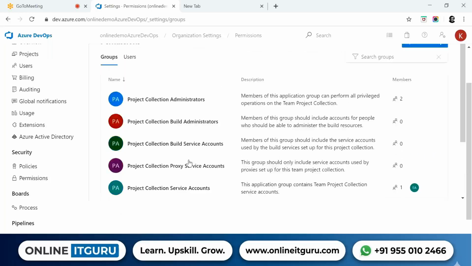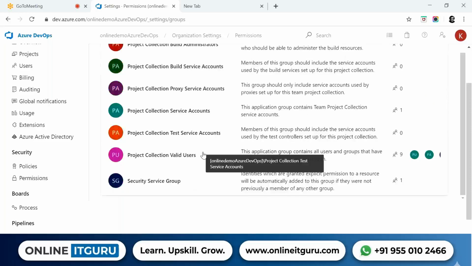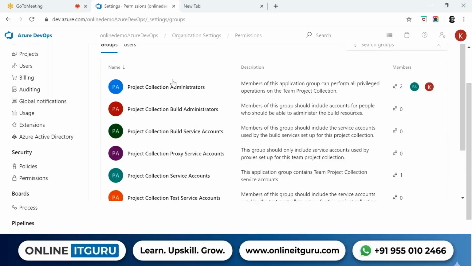The only thing which you need to worry about is the project collection administrators account, because this is where everything is handled from. When you work on a project later, whoever has to run those automatic tests, or who has to do the builds, etc., can be added here, but this is the main thing. Okay,